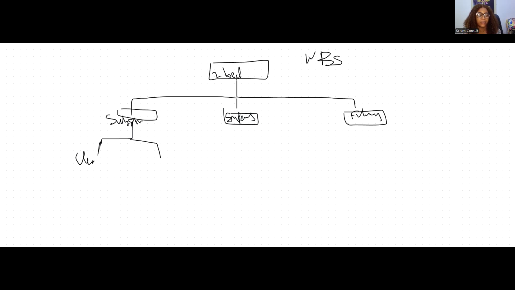Yeah? You clear the land, right? You dig the foundation. Okay, let's do this. I think that's still much. So let's say this one will be site preparation, and this one will be foundation work. Forgive my writing, it's not easy to write with a white pen. So this is it.